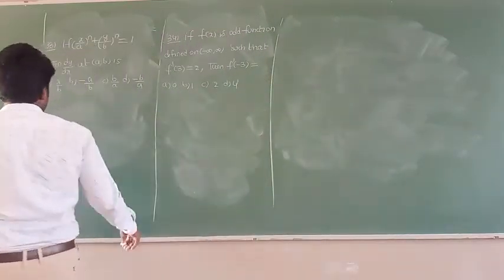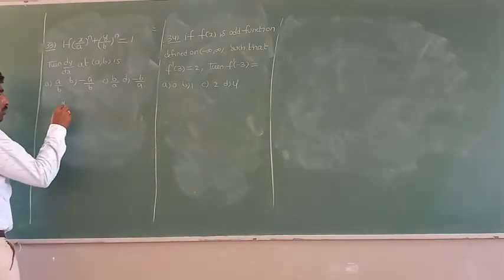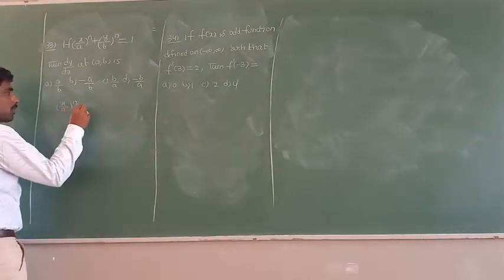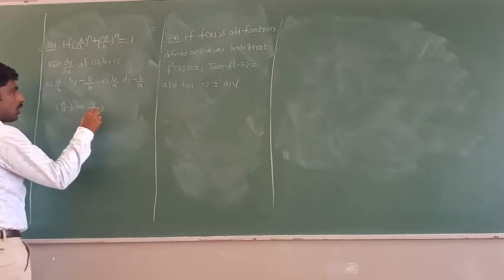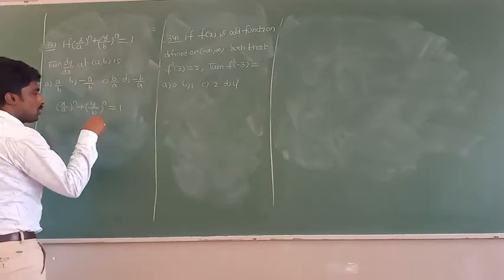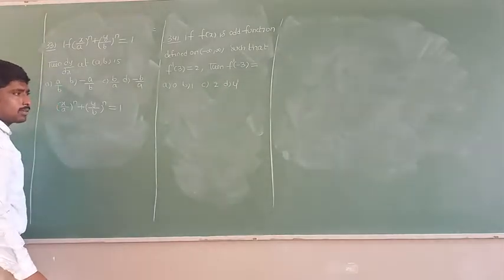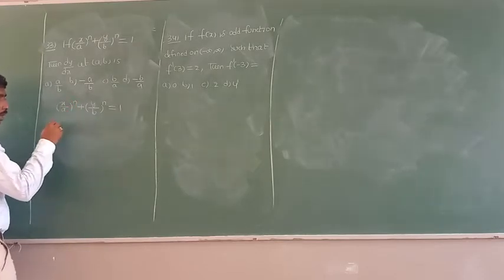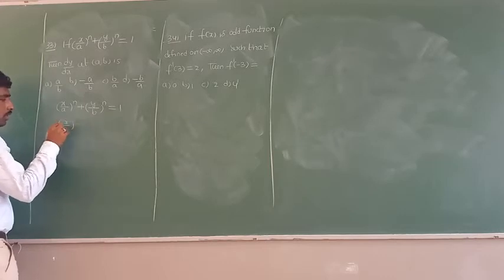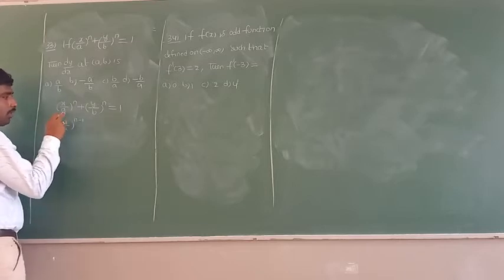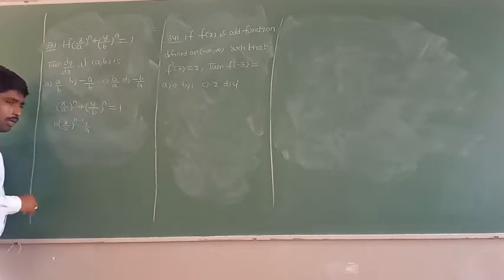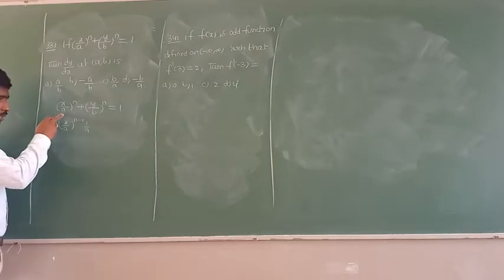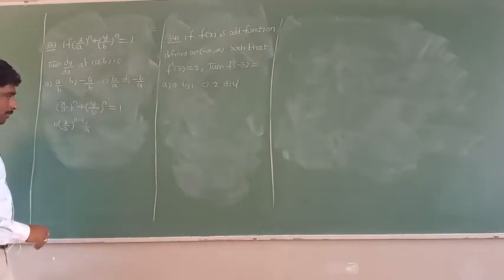Now all of you see here, what is the function here? (X by a) whole power n plus (y by b) whole power n equal to 1. So this is an implicit function. You cannot separate the x and y terms. So if I do the differentiation, this looks like x power n. So what is the differentiation of x power n? N into x power n minus 1. So n into (x by a) whole power n minus 1, and the internal differentiation of x by a is 1 by a. Here a is a constant. That's why I am doing the differentiation for the numerator only.